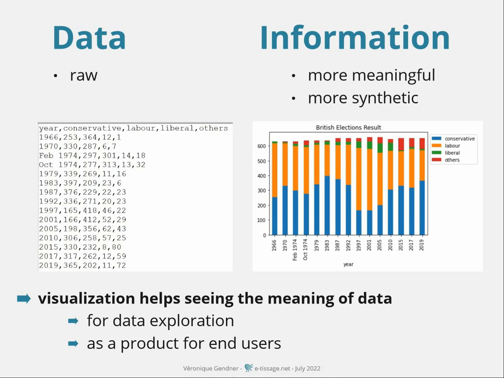In the visualization, you can immediately see that the data is about 4 political parties. We can see relative importance, that is, the two dominant parties are Conservative in blue and Labour in orange. We also see the evolution over time. The Conservative Party was dominant in the 80s and brutally lost influence in the 90s, then later gained back seats